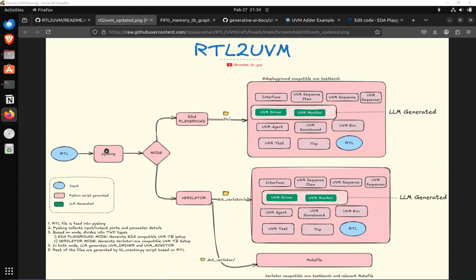We can select EDA Playground mode or Verilator mode. In EDA Playground mode, it will generate under a TB folder. In the case of Verilator mode, it will generate under the design module name underscore Verilator. It will generate the UVM testbench along with a makefile in the case of Verilator. In EDA Playground, it will generate all the UVM testbench components, and it will copy the RTL to the